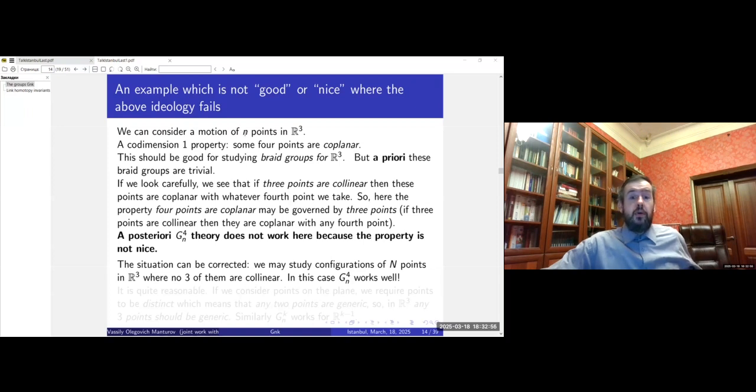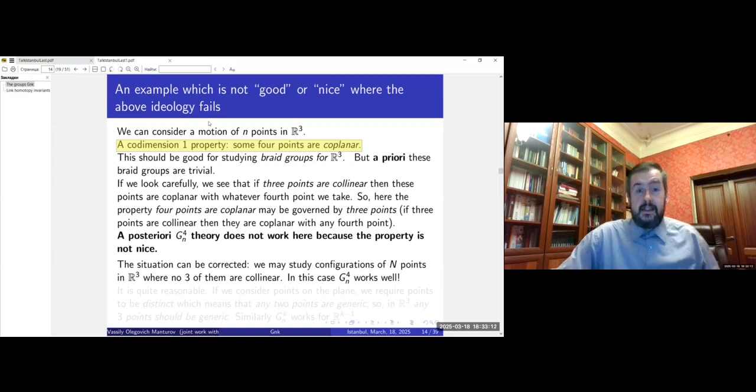Well, we can assume a motion of points in the free space. And there is a codimension one property that 4 points belong to the same plane. Well, as the usual GN3 property studies